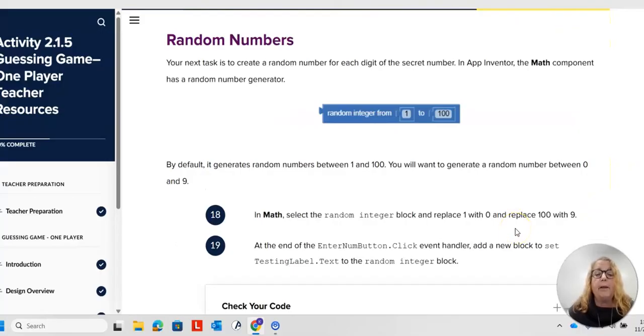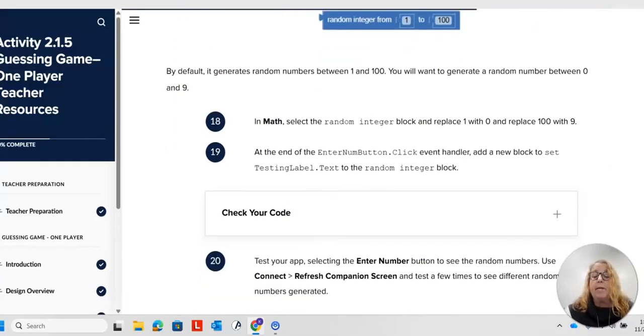Your next task is to create a random number for each digit of the secret number. In App Inventor, the math component has a random number generator. So we go into the math component and we get a random integer from 1 to 9,999, because if it's 4 digits, that's how much it's going to be. So by default, it generates random numbers between 1 and 100. You will want to generate a random number between 0 and 9 to test. So in math, select the random integer block and replace 1 and 0